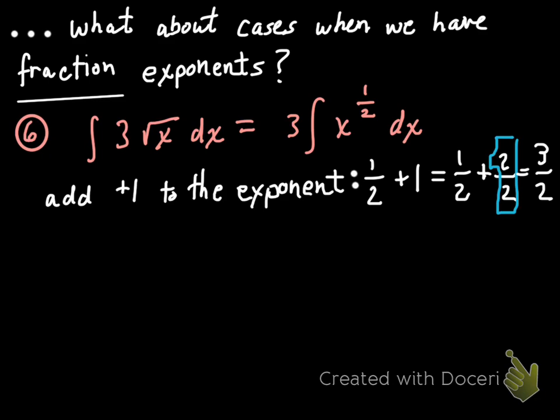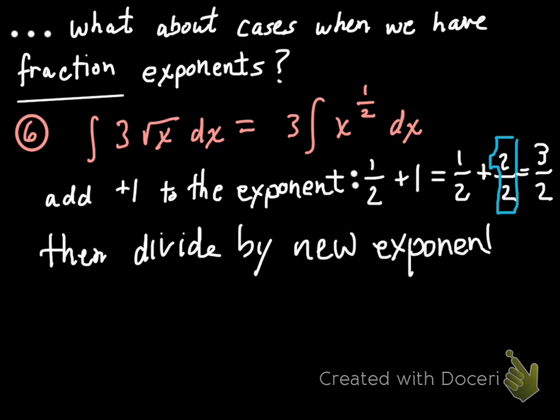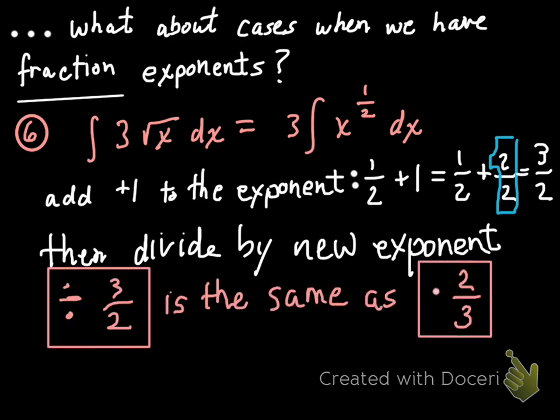All right, so things become a little trickier, you're dividing by fractions and so forth. So see if you can piece this puzzle together here with us. You add 1 to the exponent, you get 3/2. Then divide by the new exponent. We're actually dividing this time by 3/2. Remember, dividing by 3/2 is the same as multiplying by 2/3. Dividing by a fraction is the same as multiplying by its reciprocal. So when you piece this puzzle together,